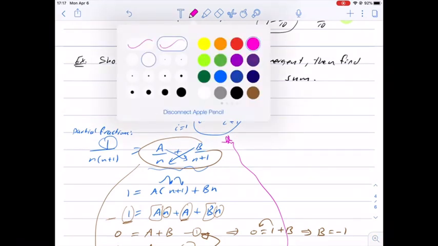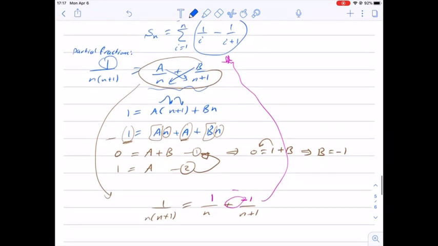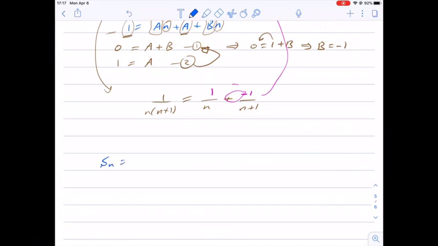Now we find the nth partial sum of the series. If we expand this, we obtain the nth partial sum from i equals 1 to n, 1 over i minus 1 over i plus 1. Let's expand this. We get 1 minus 1/2 plus, substituting i equals 2, 1/2 minus 1/3. Substitute i equals 3, you get 1/3 minus 1/4, plus